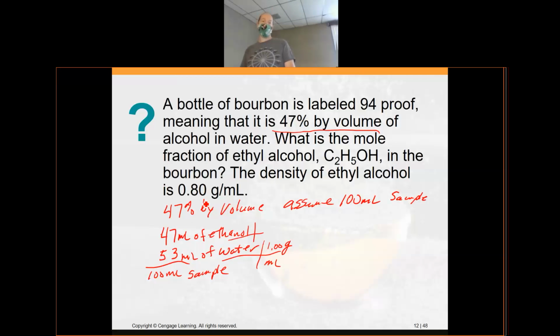And then here, they give us the density. We do not know the density of ethyl alcohol. It has to be given. It is 0.80 grams per milliliter. And so you see the milliliters cancel, and you have now converted your volumes into masses. All right, so we have 53 grams of water,